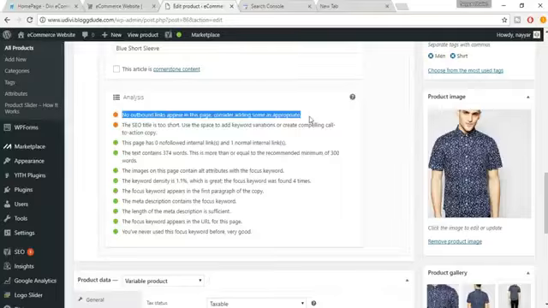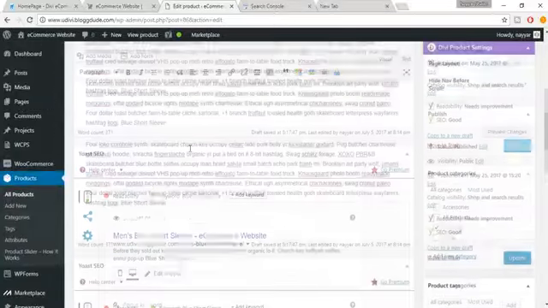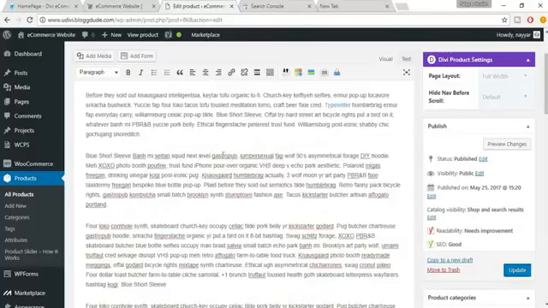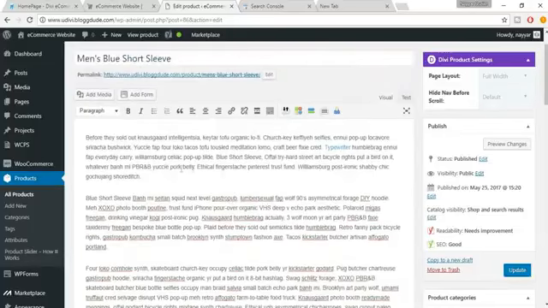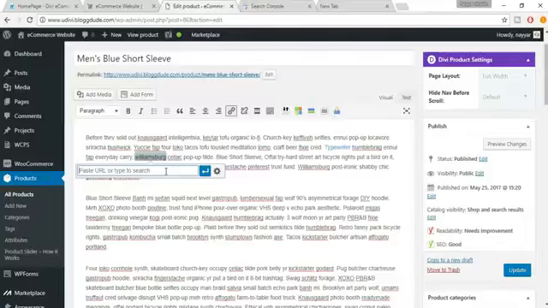Now here it says no outbound link appears. As I said, we have two kinds of links. We have already had an inbound link. Now let's have an outbound link. So let's select some word, and let's link it to an outbound site. For example, let's select this word, click on link, and let's link this to